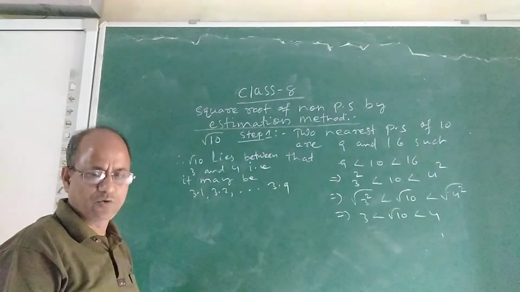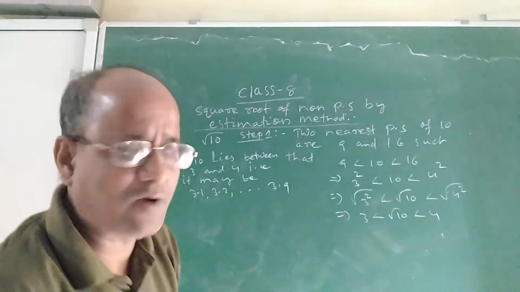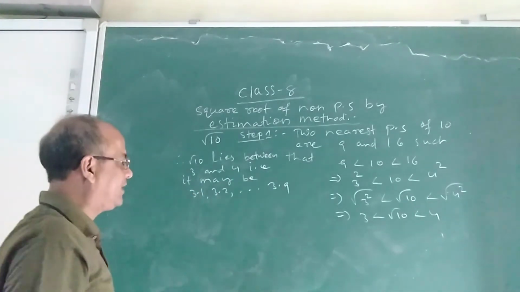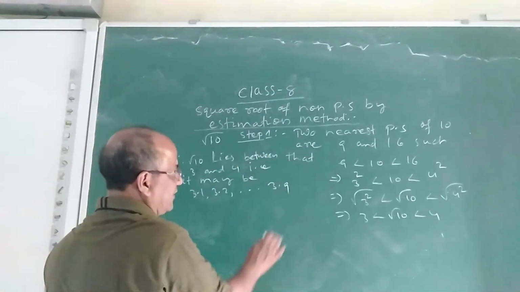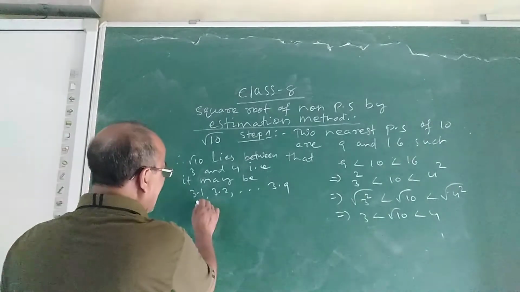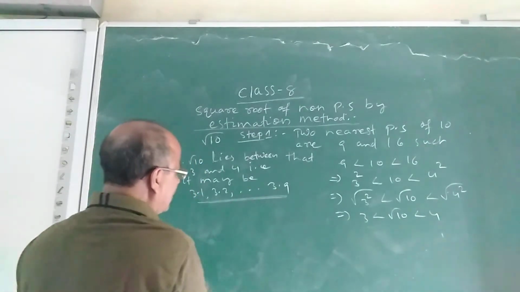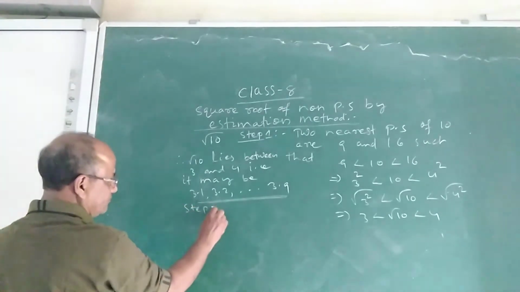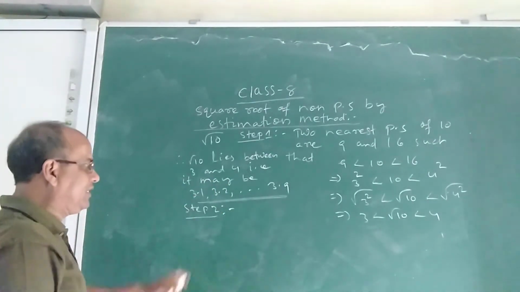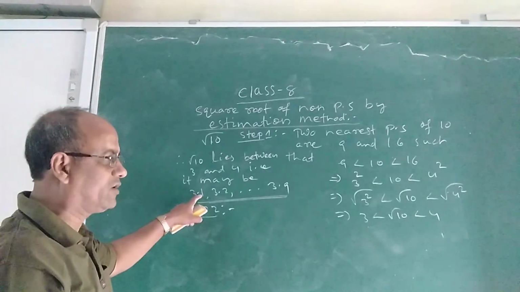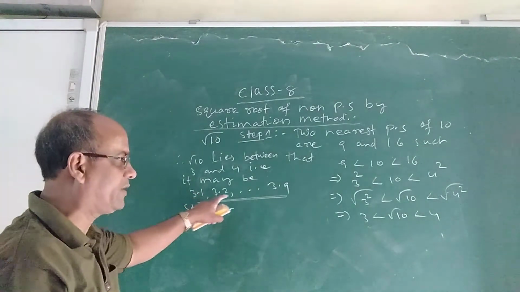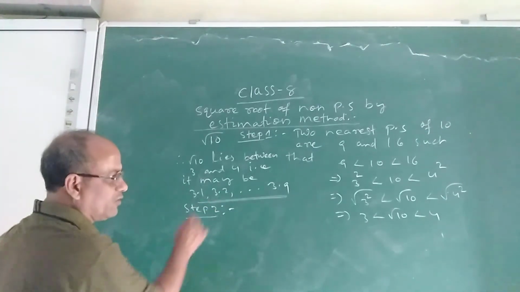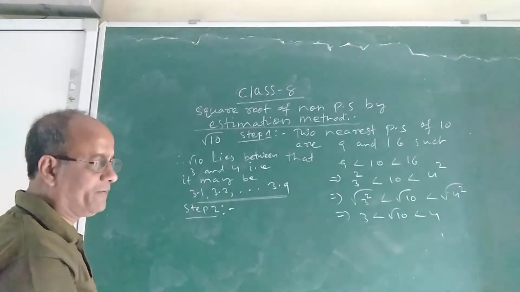Now how to find out which is the actual square root of 10? How to find out? Okay. So now the first step is over. Now what is the second step? You see, after getting these values, now what will you do? Step 2. I am writing step 2 here. In step 2, you came to know that the square root of 10 may be either 3.1, 3.2, 3.3, up to 3.9, it can be any number. Okay. Now how to know which is the exact square root of 10?